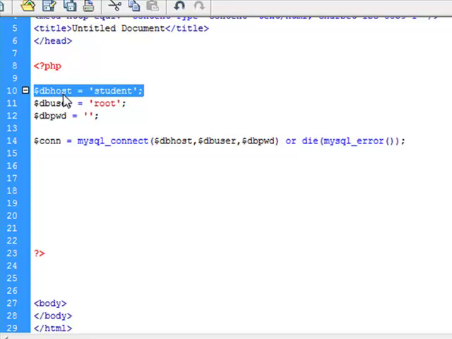This is actually not the database name, this is the host name, the host computer name. By default, since we are running the server in our machine, it would be localhost, and this is the database name. We are going to specify the DB name now. Our DB is student,